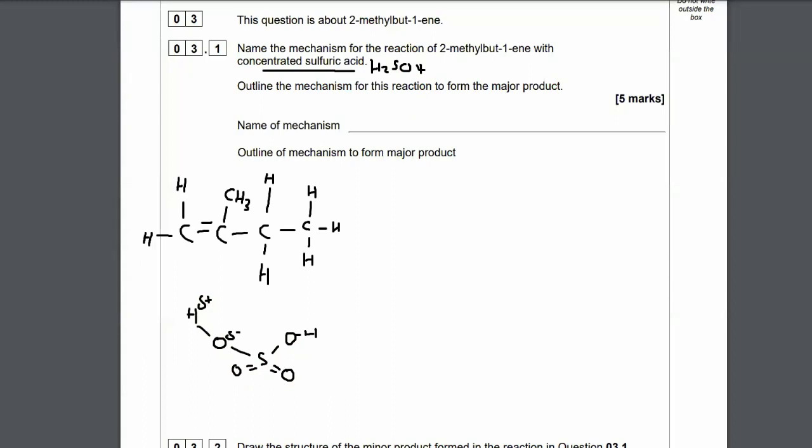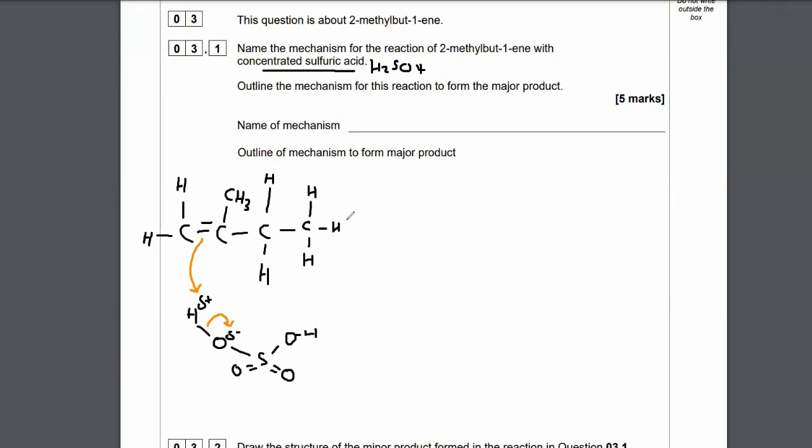Okay, so we've got a slightly positive charge on the hydrogen atom and a slightly negative charge on the oxygen atom on the sulfuric acid. And of course, that means that this electron-rich region of the double bond is attracted to that slightly positive hydrogen. So 2 electrons move over to form a bond with the hydrogen. Now, as hydrogen can only form 1 bond, it has to break this bond that it has with the oxygen